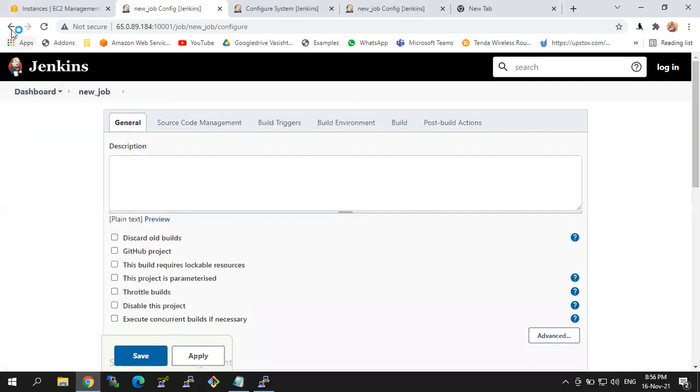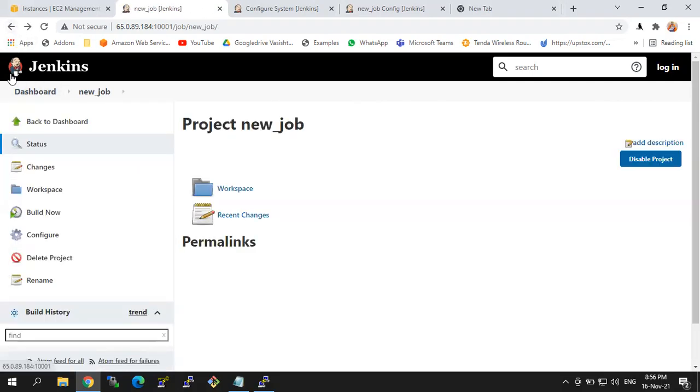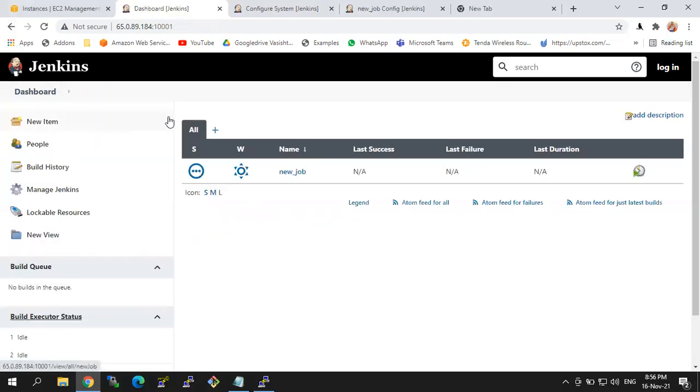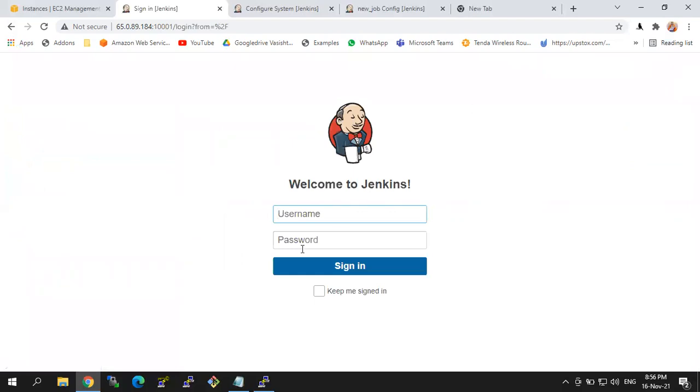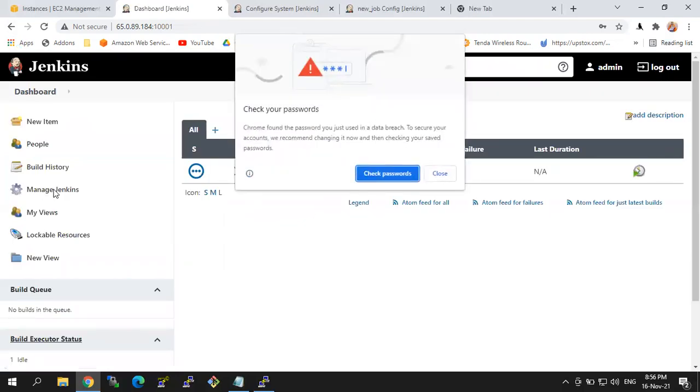That means this is not advantageous. Some hacking also will be done. That's why in real time you are not supposed to give that option. So admin now